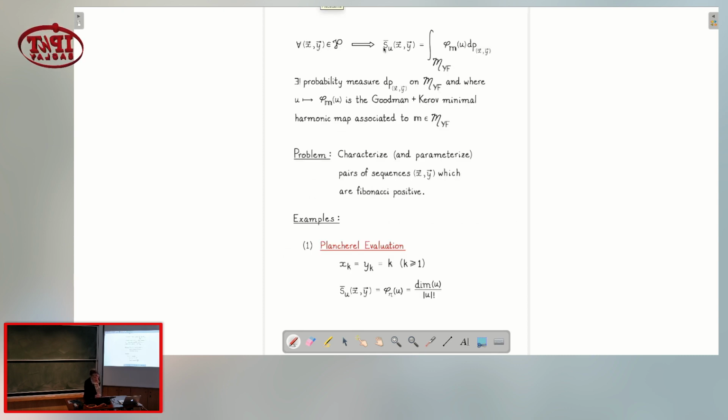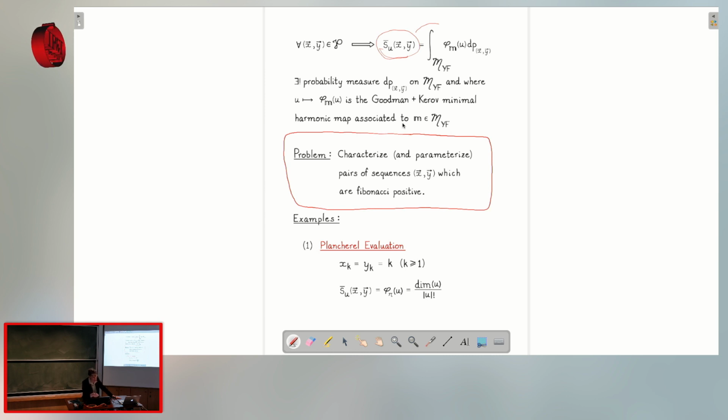So that means that somehow we should be able to write a Fibonacci positive Schur function evaluated at the Fibonacci positive pair as some kind of integral over this Martin boundary. Although, to me, this is still a mystery of how to actually implement this. So, okay, I guess maybe we could end here, but a problem for me, which is interesting, is to somehow